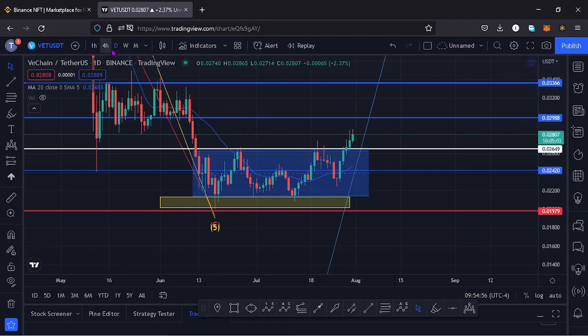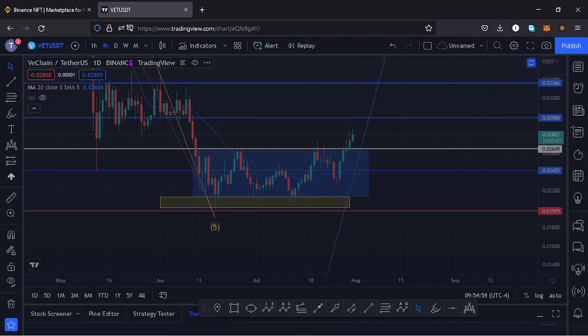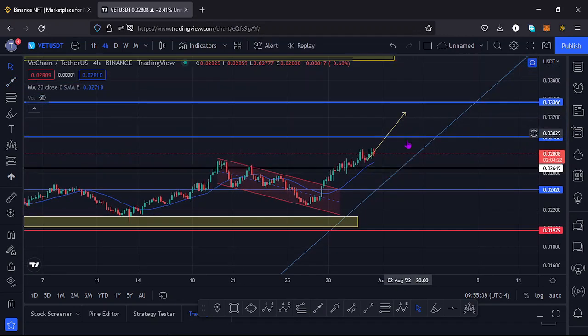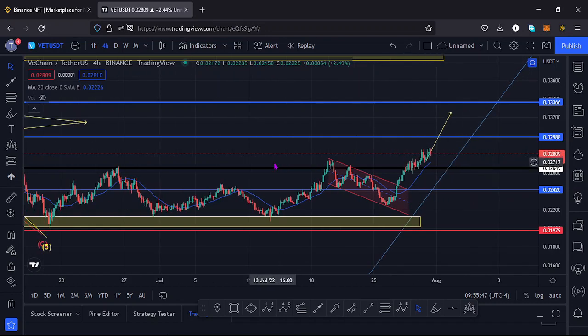If I also go to the 4-hour chart for further analysis, on the 4-hour chart, we were also trading within this descending channel, and we also managed to break to the upper side, taking us above that key area of resistance, and we have continued pushing to the upper side. And now that we have broken above a key area of resistance, and on the lower time frames like the 1-hour chart, you can see a retest of this area, it's possible that we might continue pushing to the upper side. And in that movement, I expect us to even break above this key area of resistance at around the $0.029 mark. And once we have a retest of that area, even continue pushing even higher.